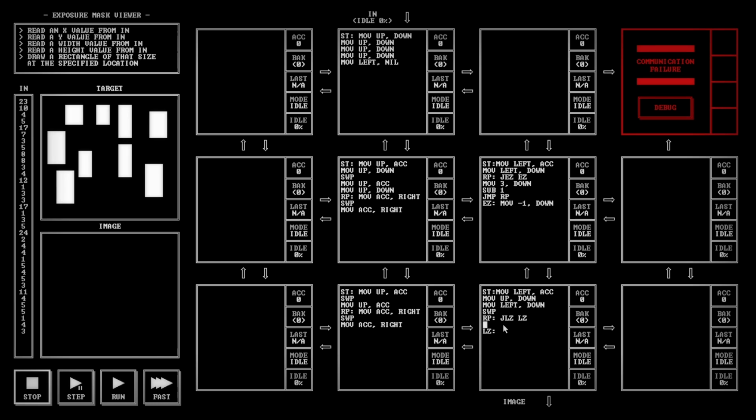SWP. So here, it's going to keep doing move up in ACC. It's less than 0, jump down to less than 0. If it's not less than 0, move ACC down, and JMP RP. So keep outputting until that happens, but once it gets the -1, SWP